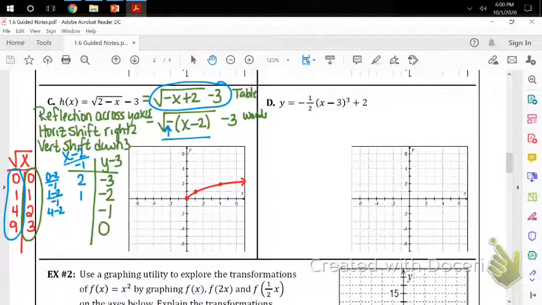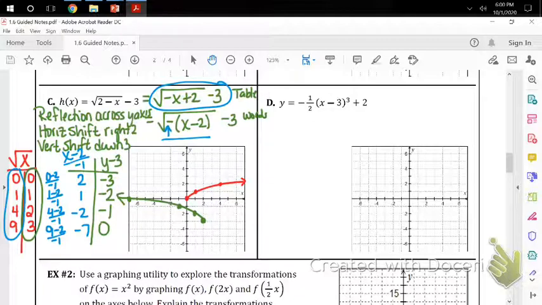4 minus 2 is 2, over negative 1 is negative 2. And 9 minus 2 is 7, over negative 1 would be negative 7. And so now we can plot those points right there. So we got (2, -3), (1, -2), (2, -1), and (-7, 0). And so now we can draw in this graph,